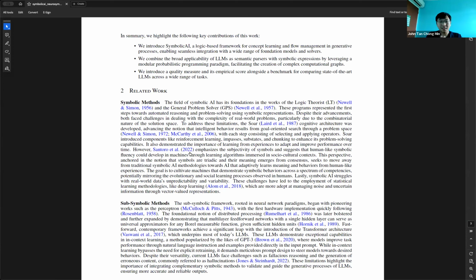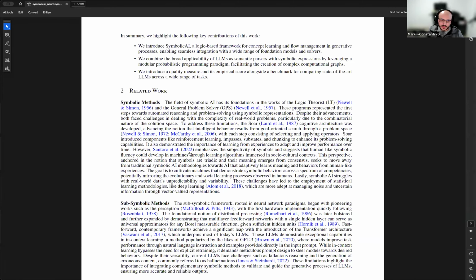So this brings me to my next question. The framework is called Symbolic AI. In traditional symbolic methods, the symbols are kind of fixed. For example, if you say a bird has feathers, it just really means feathers. It doesn't mean the bird has something that can fly, it's not as flexible. So why did you decide to call it symbolic AI? Because the traditional symbolic methods have a connotation that the symbols are fixed, but actually in this framework, the symbols are quite flexible.